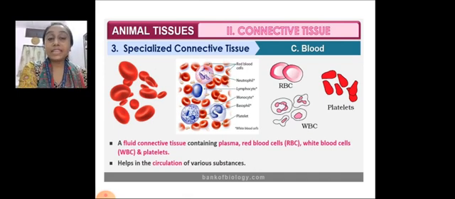This plasma is very important because not only do these cells float and move in it, the plasma is also carrying so many vital molecules, like the food which we eat, our nutrients. The plasma is supplying to the cells oxygen, carbon dioxide, nitrogenous waste, and important protein molecules like antibodies and immunoglobulin. All these are dissolved in the plasma.